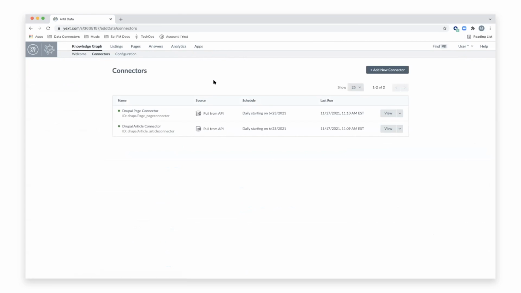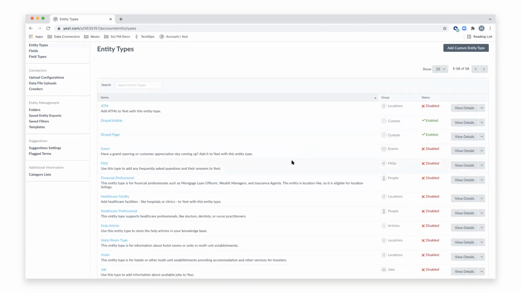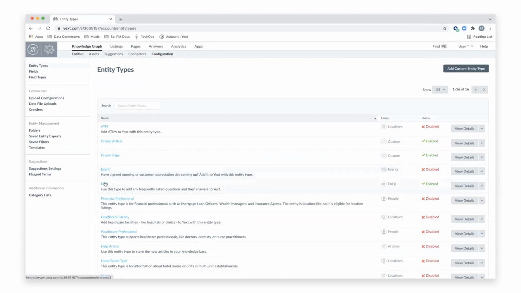But let's say I want to pull in an entity type that is not a page, article, person, place, or event. That is not one of the pre-built connectors that we have. How will I do that? So it's very easy. The first step would just be to enable an entity type that you would like to pull in. So I know that my Drupal site has FAQs. I am going to go into my entity type configuration, enable my FAQ entity type so that I'll be able to pull them in,